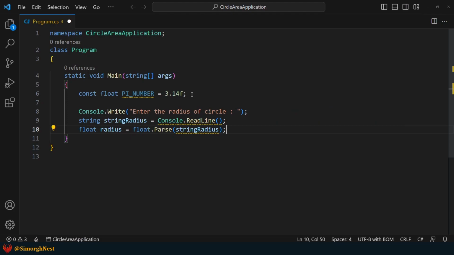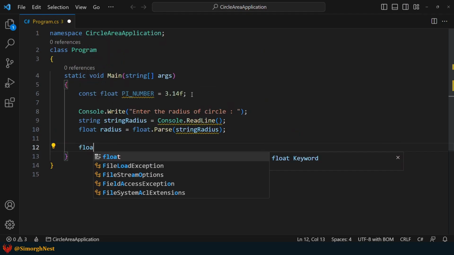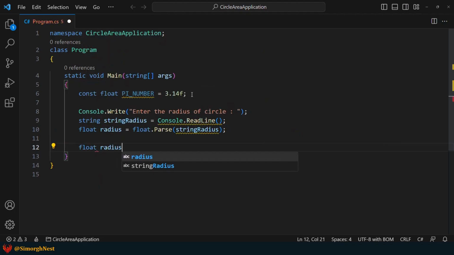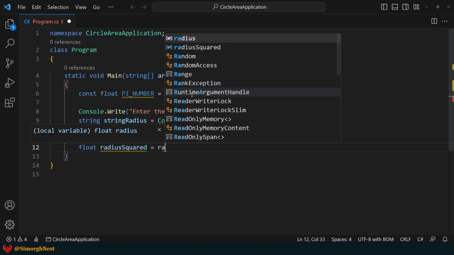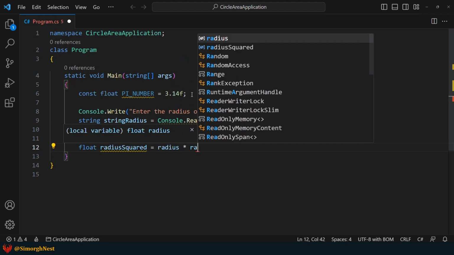The next step is to calculate the square of the radius. We can do this by multiplying the radius by itself. So we go for float radius squared equals radius times radius.